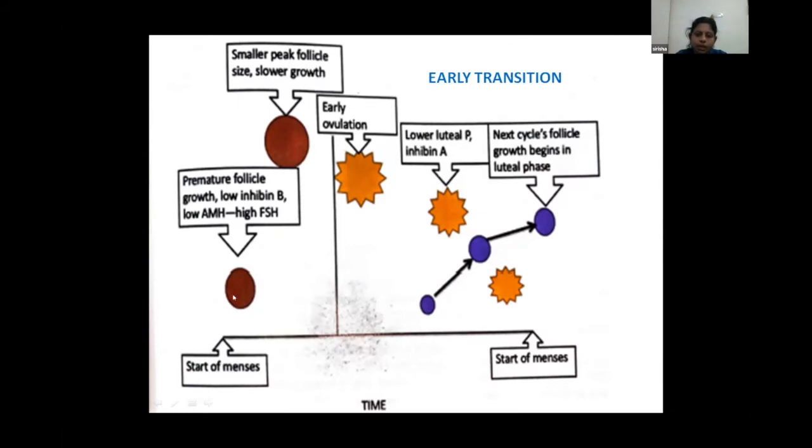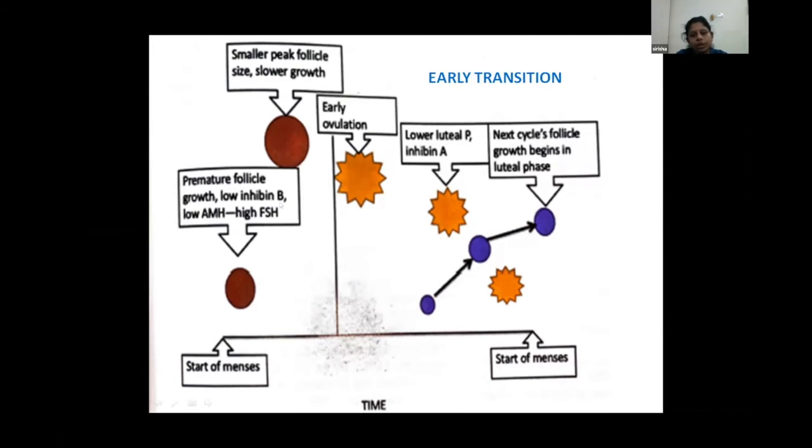Initially, the follicle cohort is low. As we know, the early stage follicles, preantral and growing follicles, are secreting AMH. So there is low AMH, and low inhibin B due to the smaller follicle cohort. But then high FSH is there because of the increased threshold of these follicles for getting matured and becoming dominant. The high FSH is maintained again by the low inhibin B, which removes the restraint on the FSH and the surrounding follicles also.